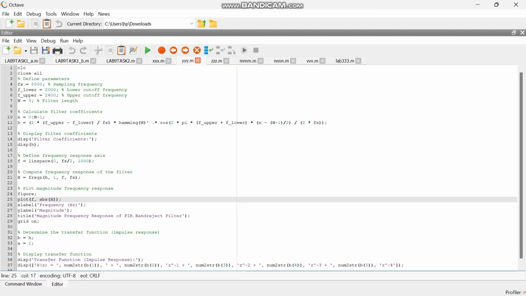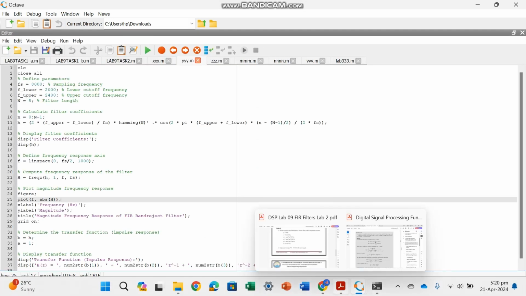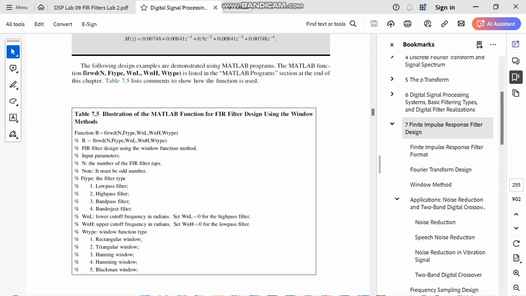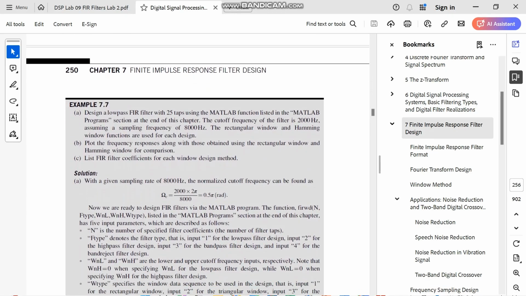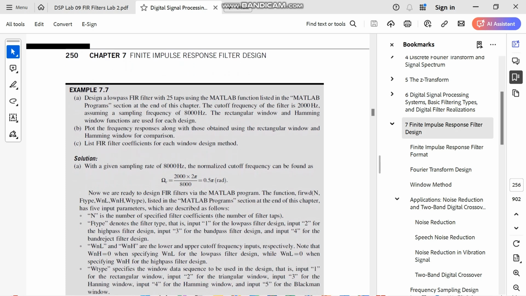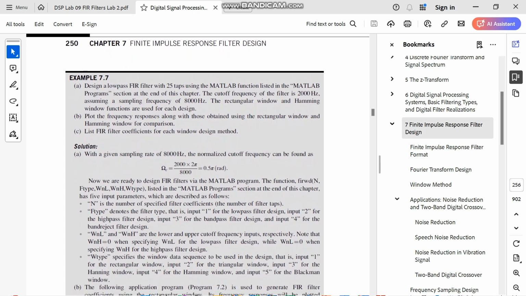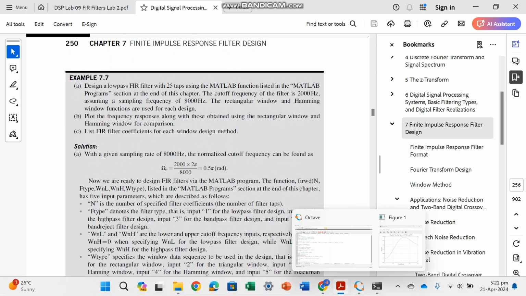Moving on to example 7.7, we have to design a low-pass FIR filter with 25 taps using MATLAB function. The cutoff frequency of the filter is 2000, assuming a sampling frequency of 8000. The rectangular window and Hamming window functions are used for each design. To see the code, we can have